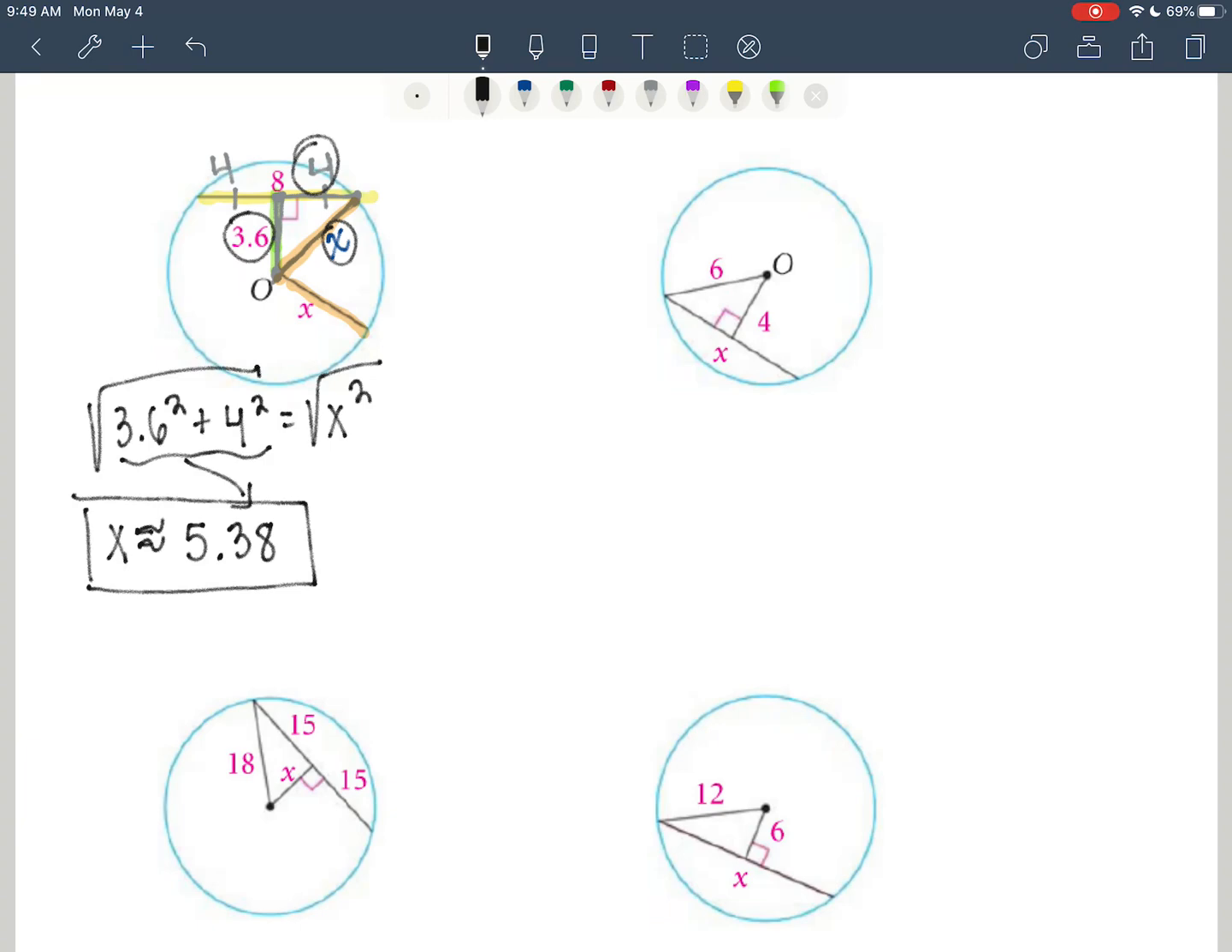So let's try another one. This time no more calculator. So we're not going to use a calculator on the next one, but we're going to use the same ideas. So the same ideas, same picture, different given information. We've got our